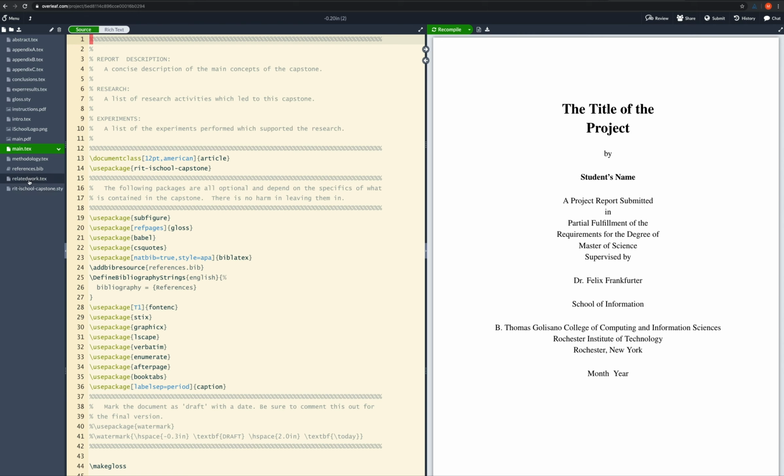Okay, now the main thing that you want to change to begin with is this main.tex file. So this contains a lot of the settings, including the name of your project, your name, the name of your advisor, the date, and a bunch of other stuff. So we'll change that in here. A lot of this is boilerplate that you shouldn't change. These are all packages, LaTeX packages that I'm using that you don't need to change, you don't need to worry